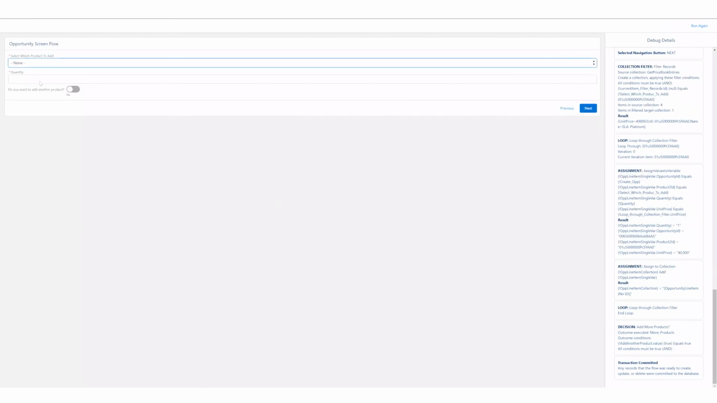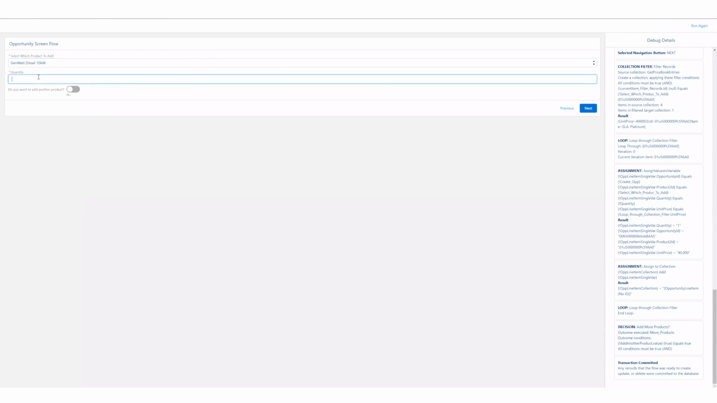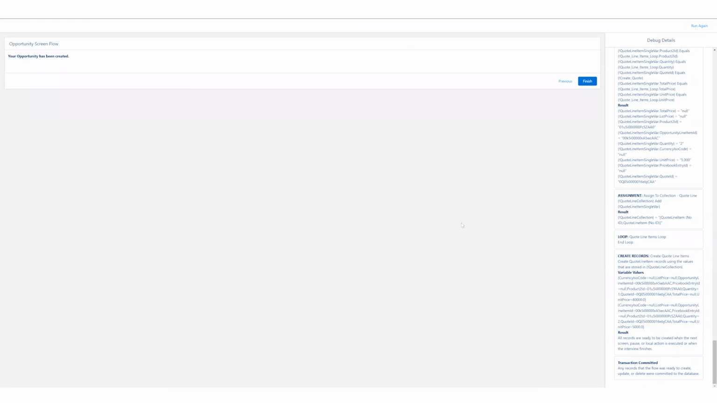Now you'll notice I've come back to the screen, but on the right-hand side here, I can see that I have assigned these values here, and it's been assigned to the collection. It's checked the decision, and it's popped back here. So now I'm going to pick the Gen Watt diesel, I'm going to select 2, and I'm going to leave this as no. I'm going to click next, and I'm brought to the finals page, which confirms that our opportunity